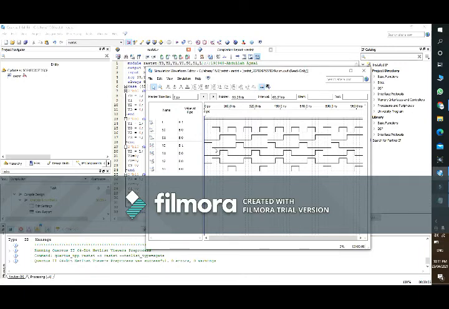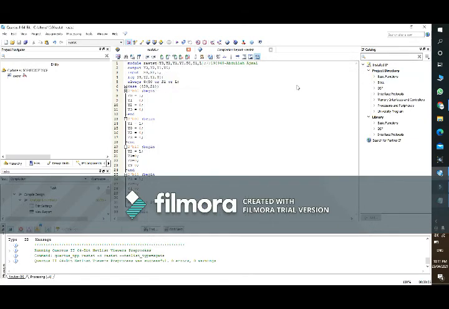Then we have 1 0, which means our y2 should be high, so our y2 is high. Then we have 0 1, which means our y1 should be high, so our y1 is high. And then we have 1 1, which means our y3 should be high, so our y3 is high. So now let us move towards the final part of this lab,